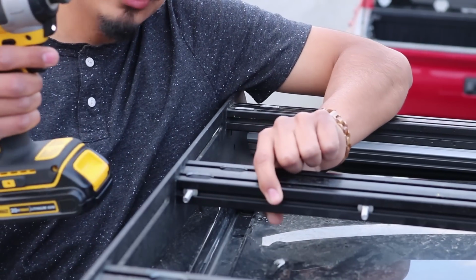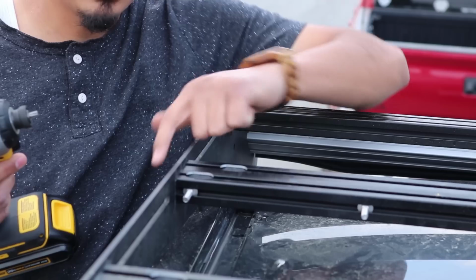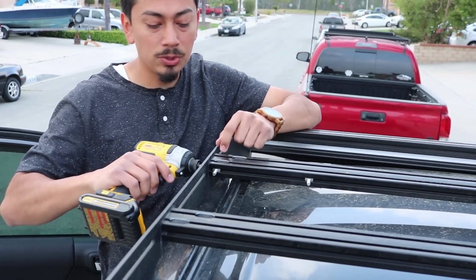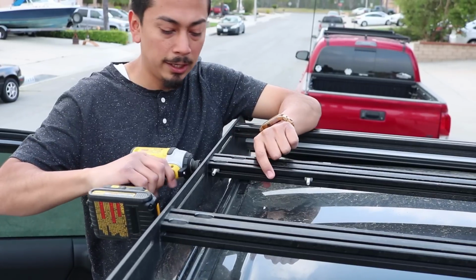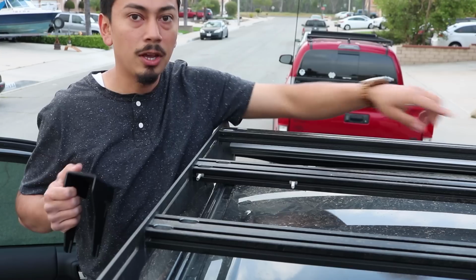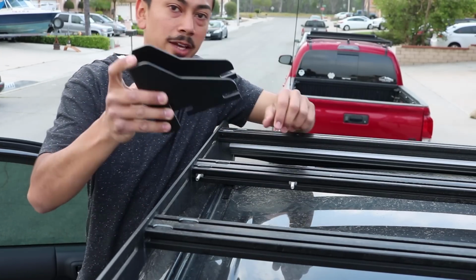If you are using an impact drill like I am, you want to be super careful because the heads of these crossbar bolts, they do break off easily. So it's kind of best to use maybe a wrench or do it by hand. Crossbar is secure. I've reinstalled the screws here and tightened the ones on the other side. So now we're going to slide over the bracket